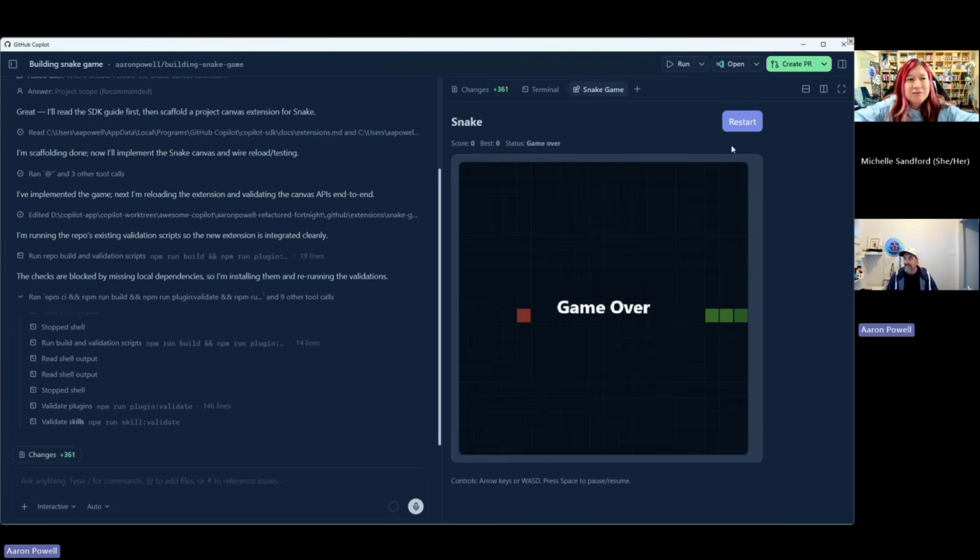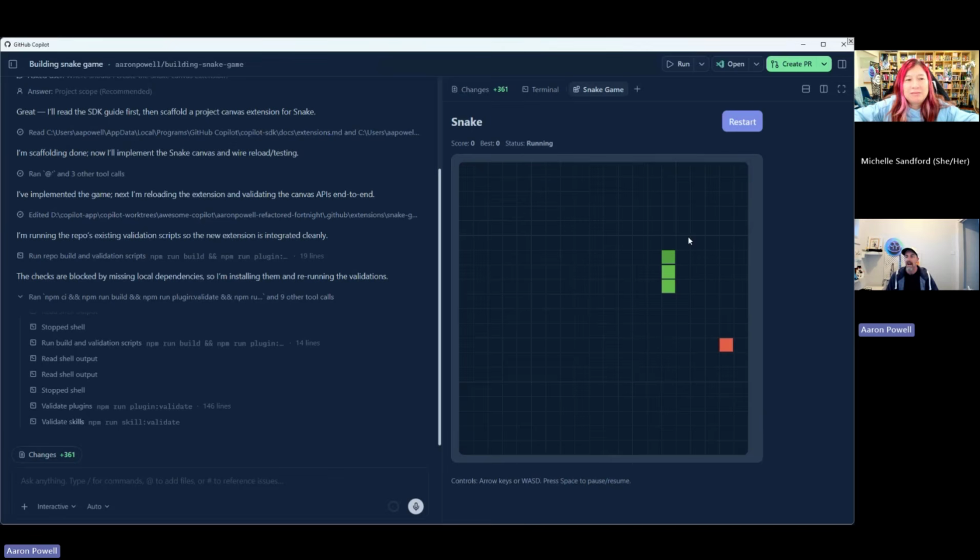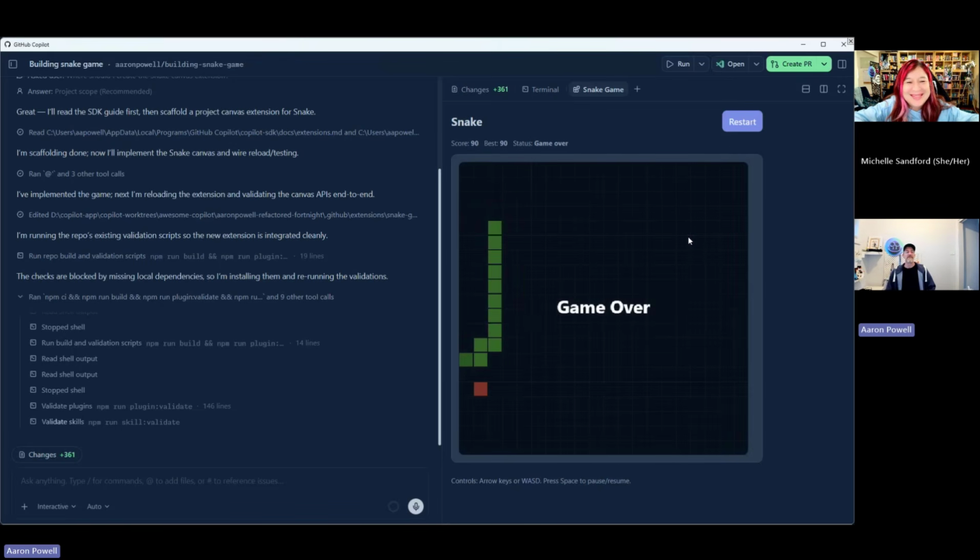There we go. So now while our agents are running, I have something that is just custom built inside of this side panel here. Obviously, there's nothing bidirectional communication-wise that you would want from Snake, other than maybe have it track how you're doing with the game and push that into a leaderboard that you're storing inside of your Git repo. Anyway, that's an example of the kind of things that you could build with a canvas.